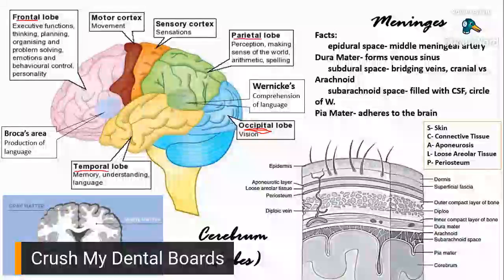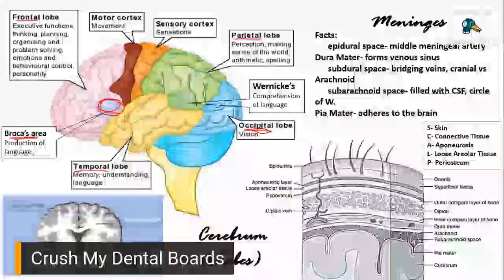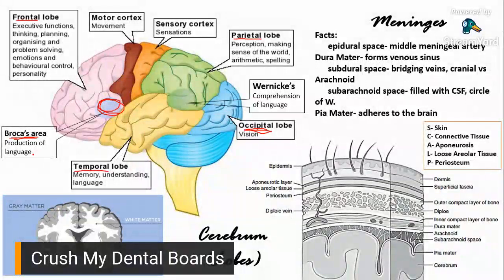Now, two other things that I added here, that I remember, so I guess it is important. So we have Broca's area right here. This is Broca's area. Okay, somewhere in the junction or close to your frontal and your temporal lobe. Okay, Broca's area. What's the importance of your Broca's area? It's for language production. Okay, production of words, production of sounds.